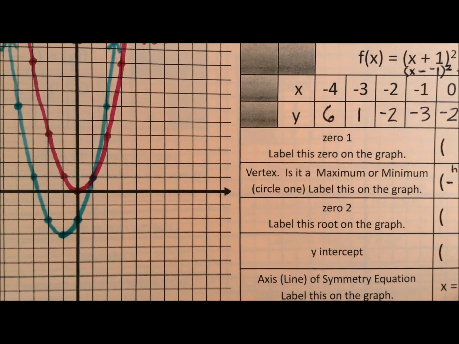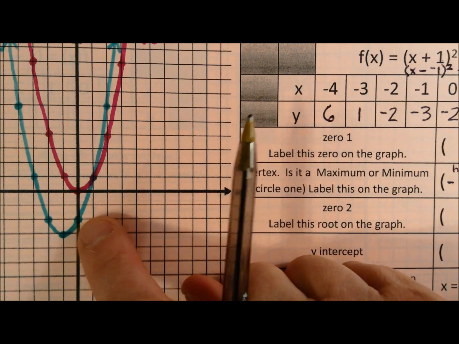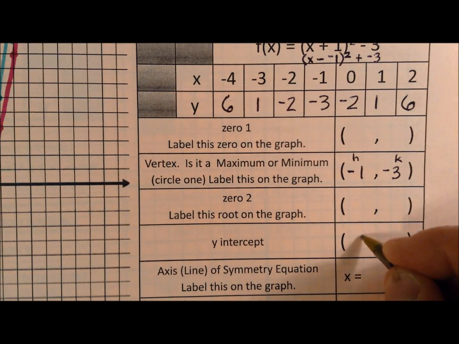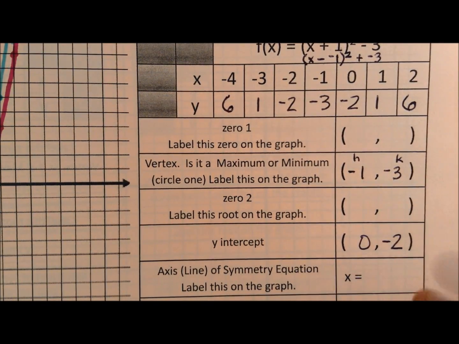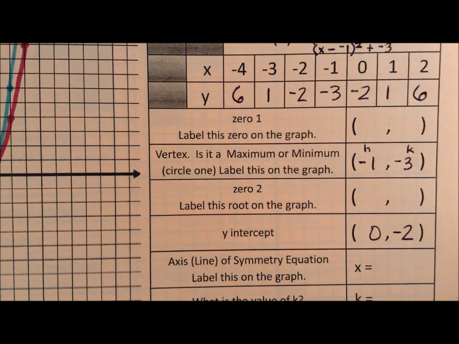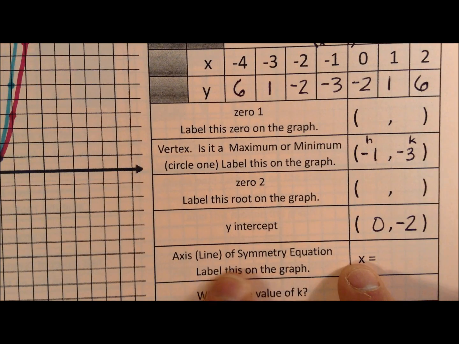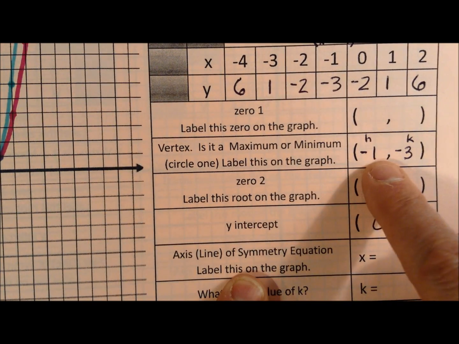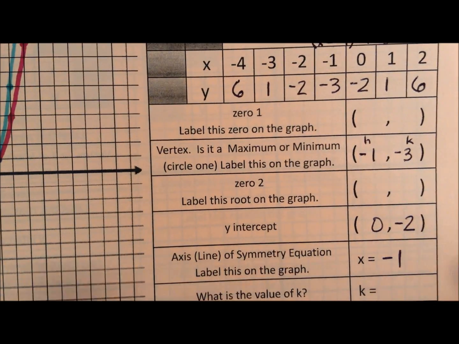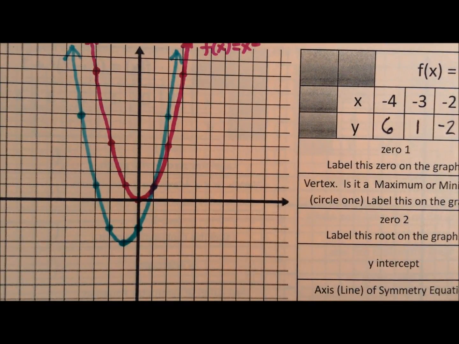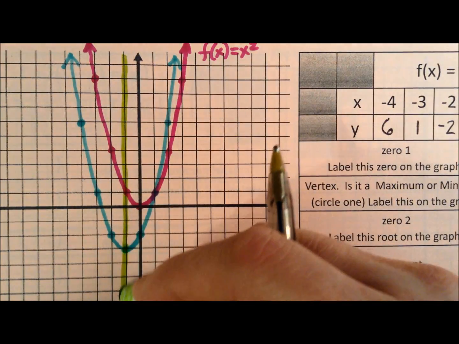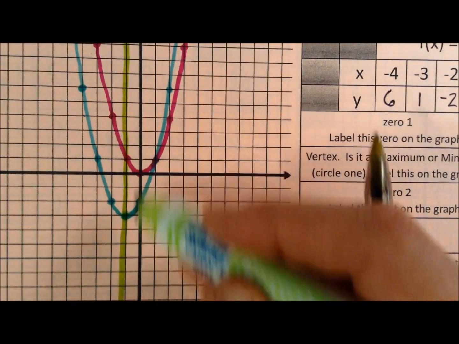All right, how about my y-intercept? Is my y-intercept? Yep, it's right there. My y-intercept is going to be negative 2. So 0, negative 2. And I just do that by observation, or I can take it from my table, either one. My line of symmetry, well, what's my vertex? My vertex is that, so steal the input, steal the first number, it's going to be x equals negative 1. Go verify it. If I come over here and slice and dice this guy right here, where does this line of symmetry for the blue